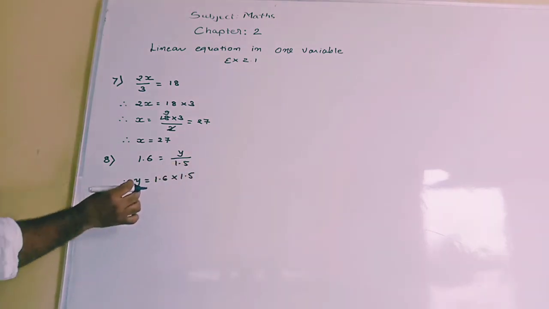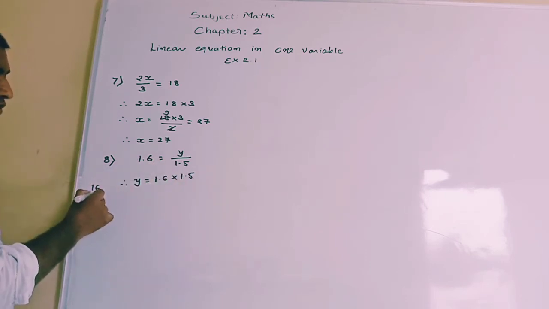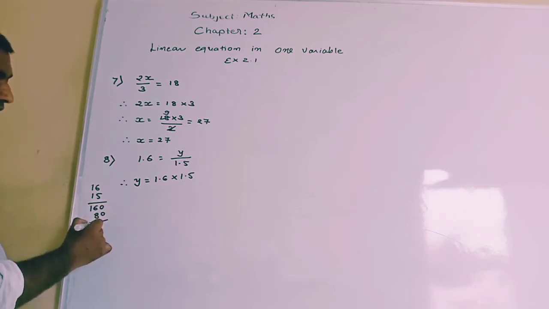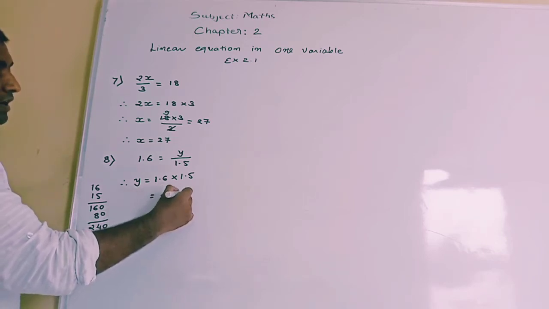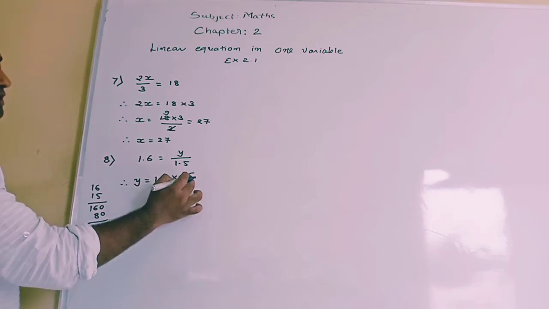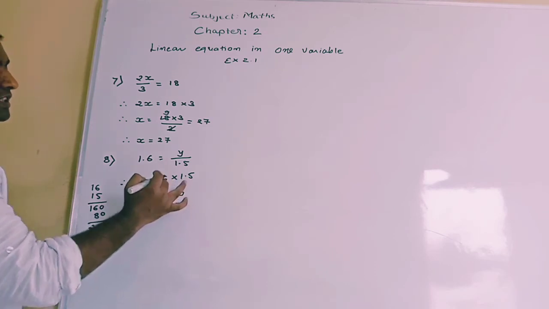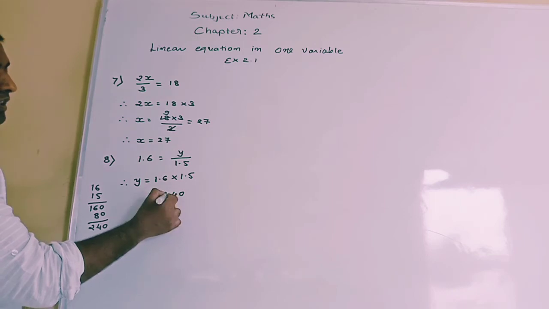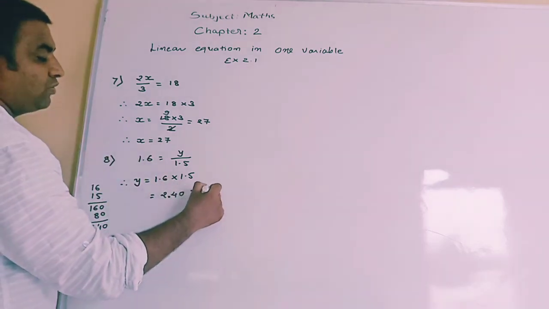Now for decimal multiplication, first we will multiply like simple numbers. 16 into 15. So 160, 80, 240. And so here we will write 240. Now put the decimal, here after the decimal 1 digit, here one more. So 1 digit and 1 digit, after the decimal 2 digits are there. So from the back count the 2 digits, 1 and 2, and then mark the decimal. So it will be 2.40, which we can say 2.4 also.